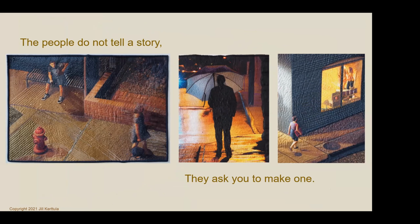A couple of weeks ago, I got one of the best compliments I've ever gotten from somebody. They said, you know, your work is a lot like Hopper's. And I went, whoa, I can deal with that. And I think what they were referring to was these people. And I went on, did a little research on Hopper's artwork, and there was a quote that he had, which